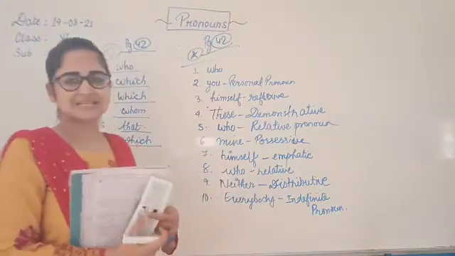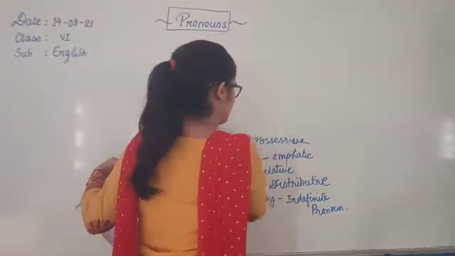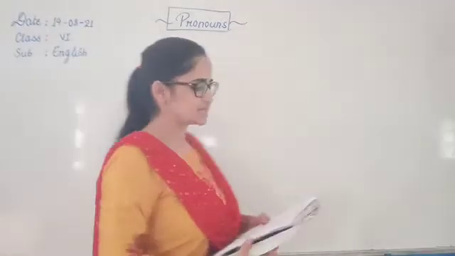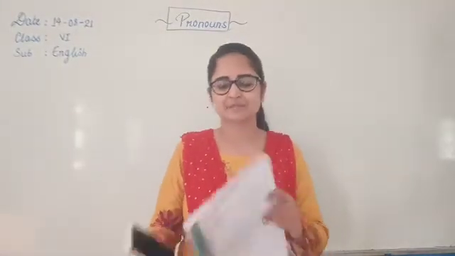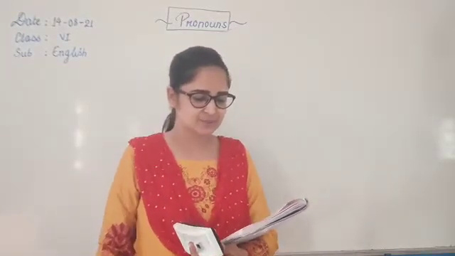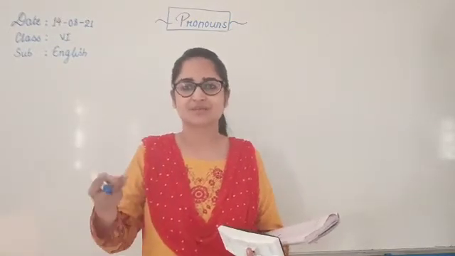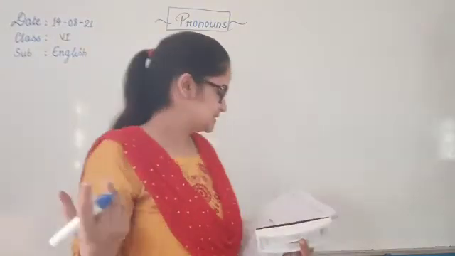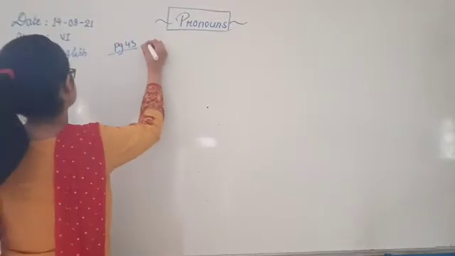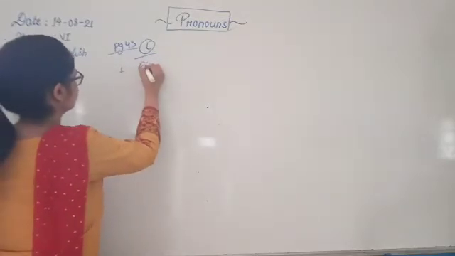And now moving to the last exercise, let's finish this. Fill in the blanks with suitable pronouns from the box. We have this pink box and we have certain words and phrases there. Let's see. Dash of them can represent the school in the competition since both are good singers. So either will be used because we are giving a choice that any one of them can be selected. Now page 43, exercise L. Number 1, either of them.